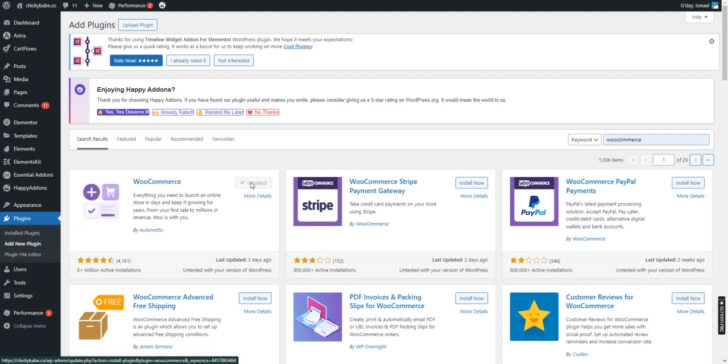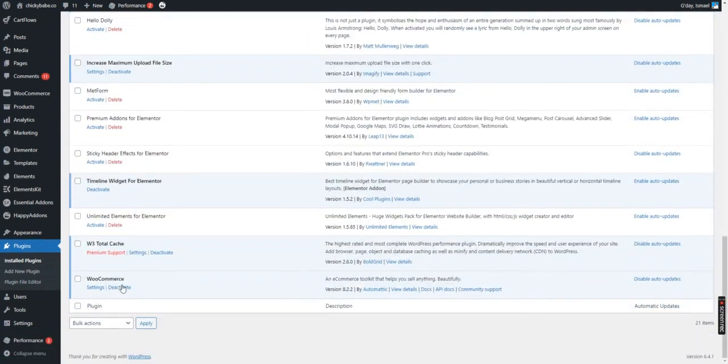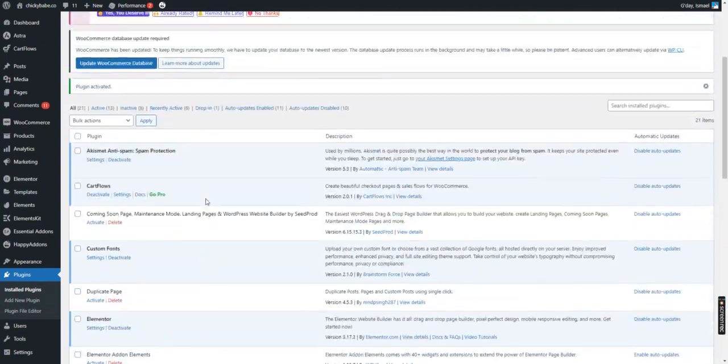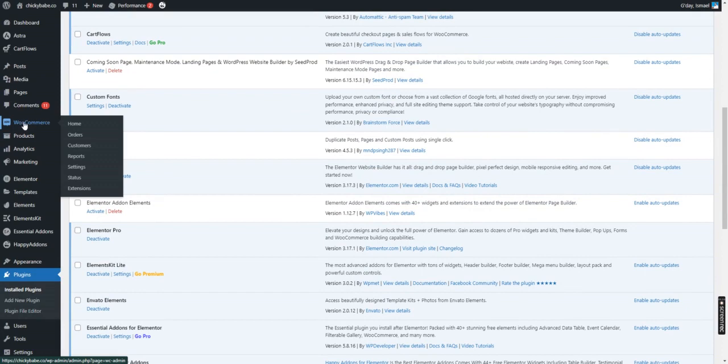You wait as it installs. It has installed. So after installing, click activate. When it is activated, it will appear under installed plugins, and here it is. So that's how you can install that plugin. So now there you will have WooCommerce and products